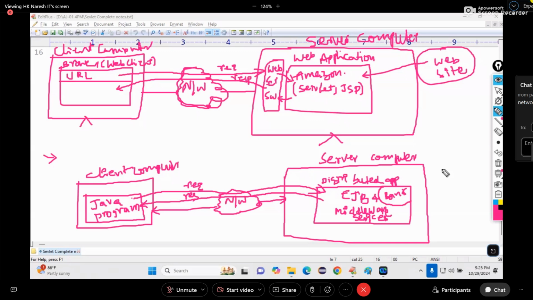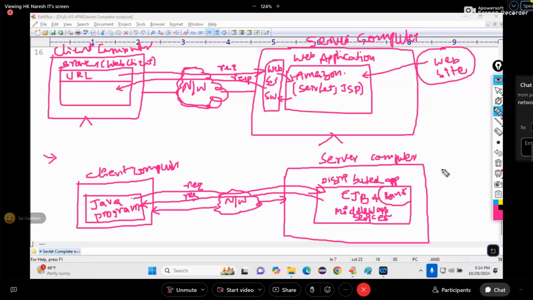Again I'm saying all these points are my understanding. Search on the internet, maybe some other terminology will come. I least bother, it is my understanding of Java. If you tell these definitions in an interview, will they accept? If they don't accept, don't join that company. That company is not following the basic programming style, not architecture style. They learn by heart and accept something else. That company is not suitable for you. Don't join.